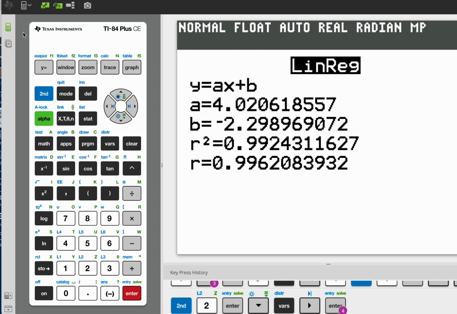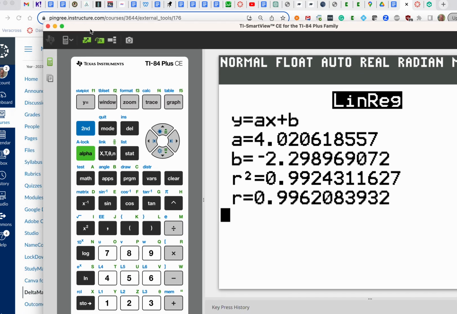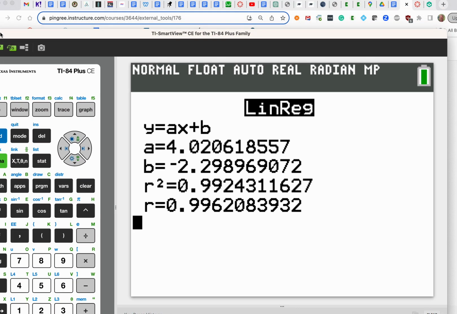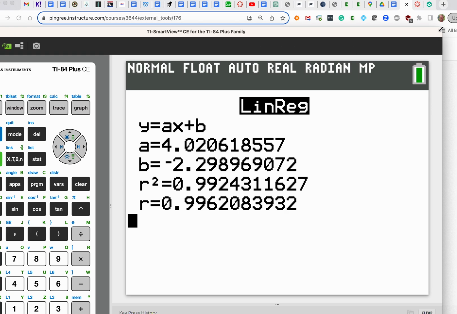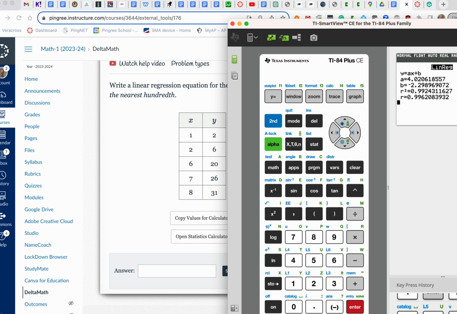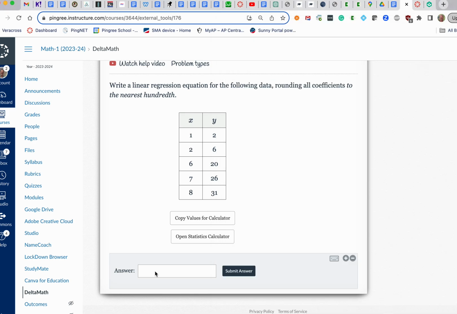Okay, so then if I go back and I'm going to type this in, let's see if I can show this. Maybe I have to remember it. I'm going to make this a little bit smaller maybe, and I can see it. There we go. I think I should be able to see this. And okay, so copy the values. So the answer is write the linear regression equation. Okay, so it's going to be y equals, and then this is where I do have to go back and forth between my